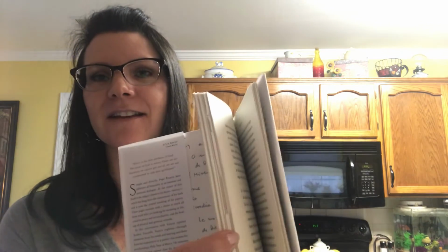And look how it's jagged on the edges. Doesn't matter to me, but I'm not going to read the whole thing, but it's talking about